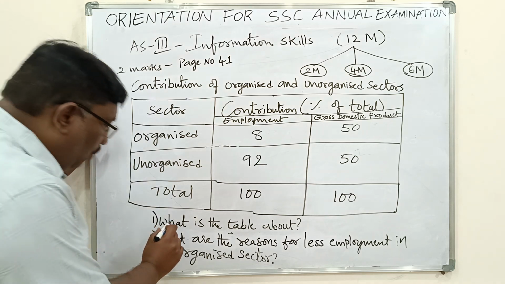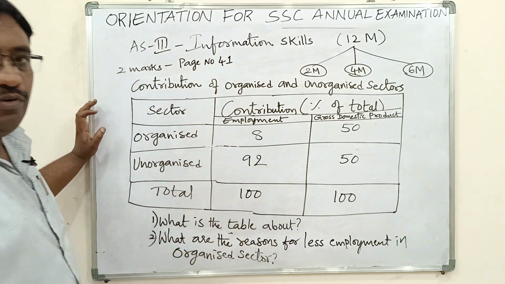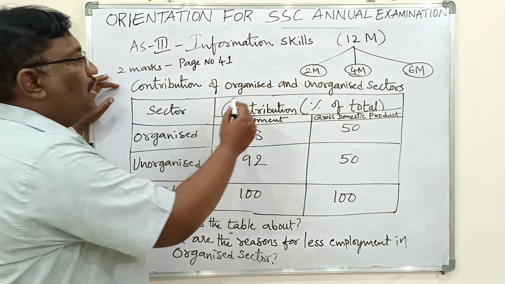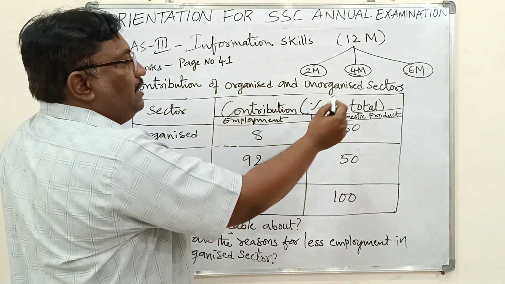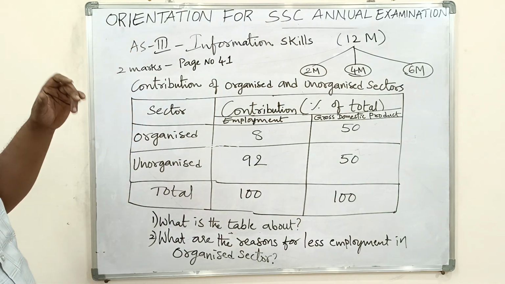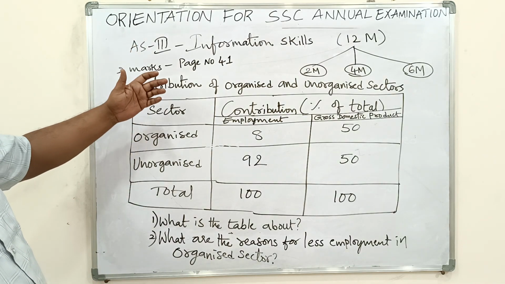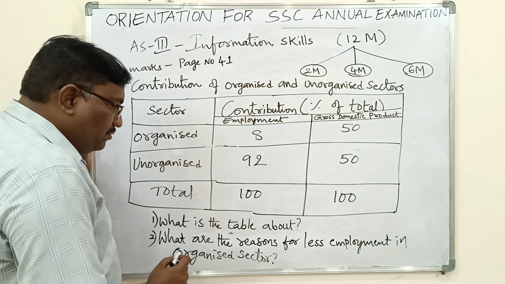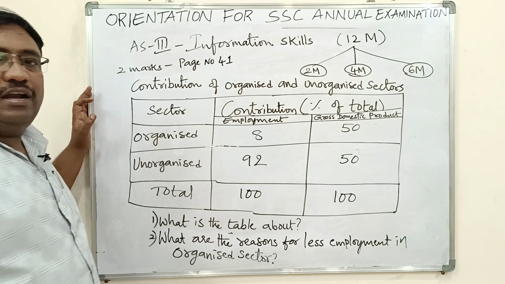For example, what is the table about? The table is about the contribution of organized and unorganized sectors to the GDP. This is the first answer. This type of question is called a direct question, where we can look at the table and write the answer by thinking a little. Coming to the second type of question,